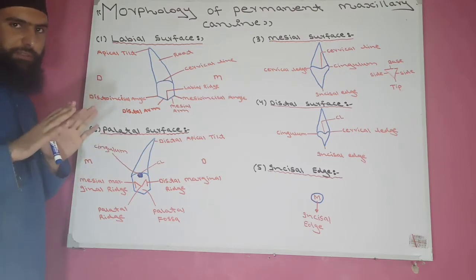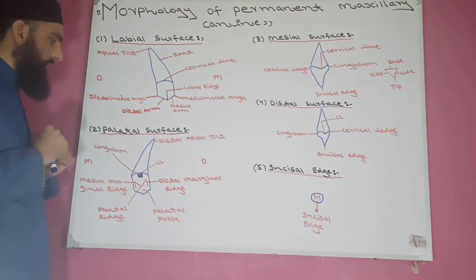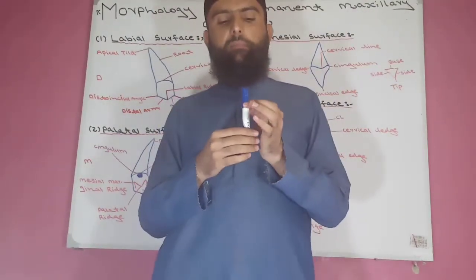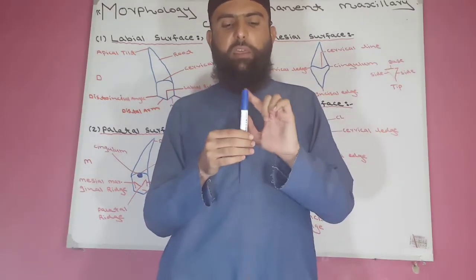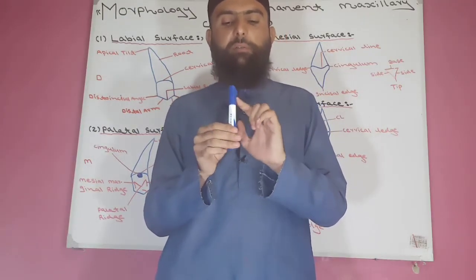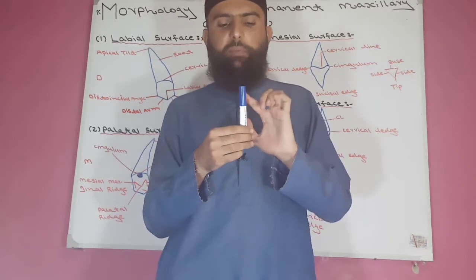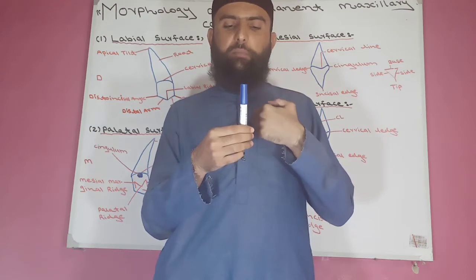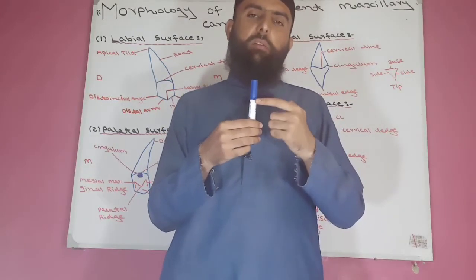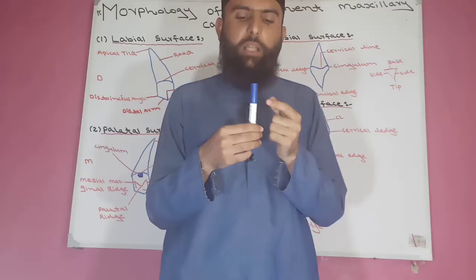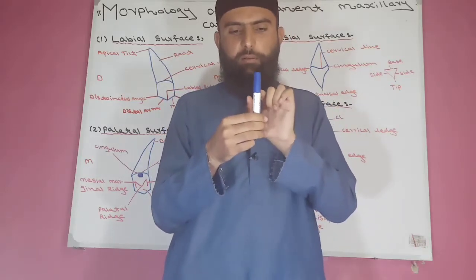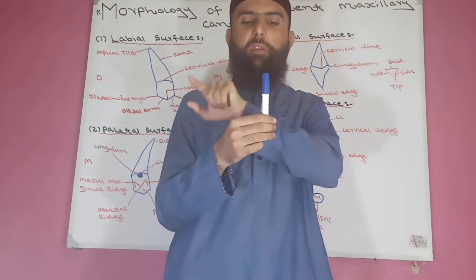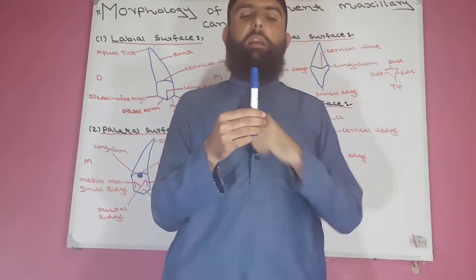of the maxillary permanent canine. Now, first we understand from this marker. If this is the labial surface, which is toward the lip, toward me, and this is the palatal surface, which is toward you people. Now, this is labial, toward me; this is the mesial surface of labial, and this is the distal surface of labial, like here in the diagram.